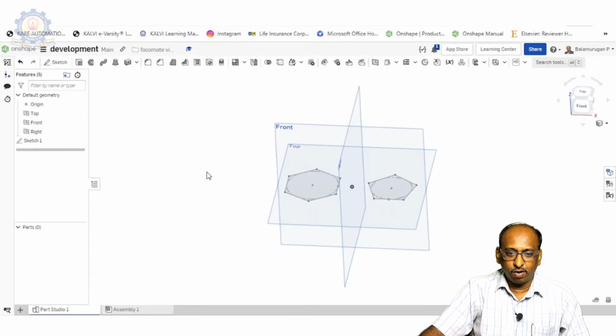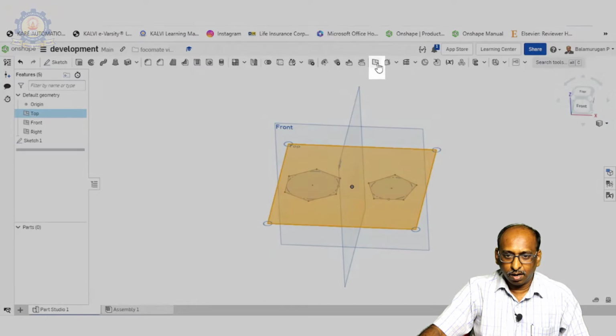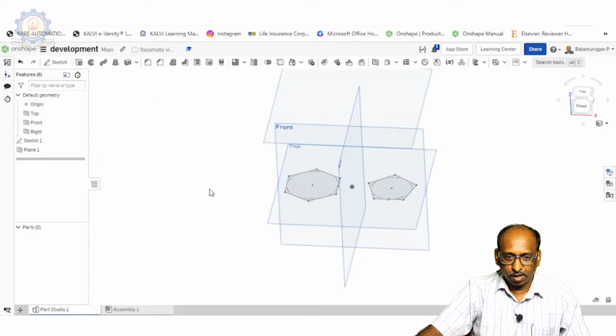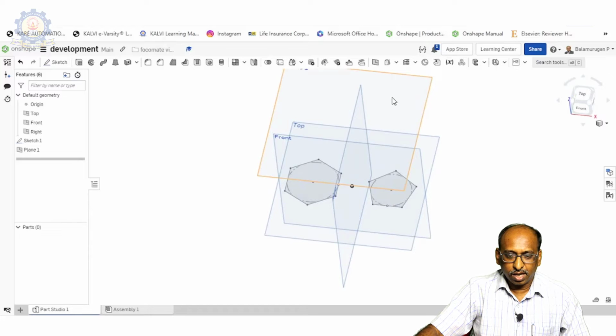Now let us try to create a new plane for creating the loft. So select the top plane and give the plane icon. Give the offset distance equivalent to the height. So I'm going to give the height of the solid as 100 mm. So let me select the offset distance as 100 and confirm it. Select this plane